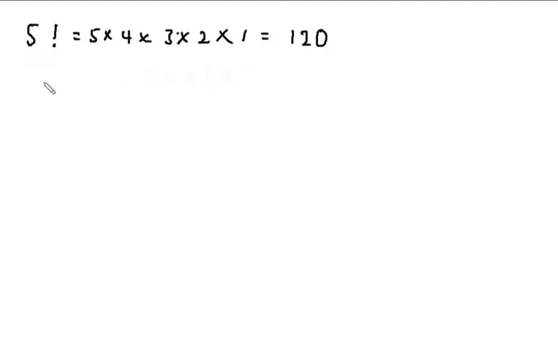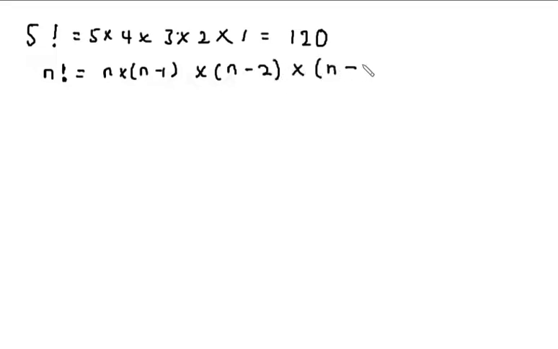So the rule that a single factorial follows is: n factorial is equal to n times (n minus 1) times (n minus 2) times (n minus 3) times, and then it continues until you have times